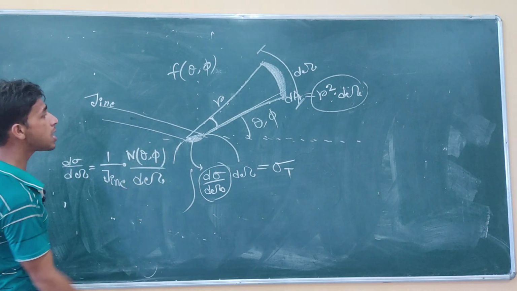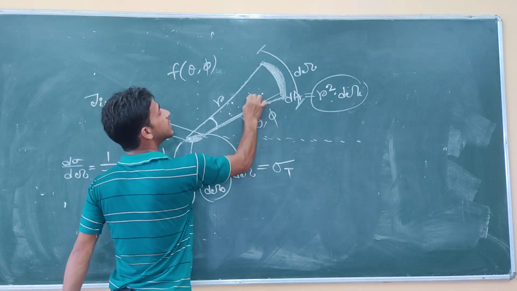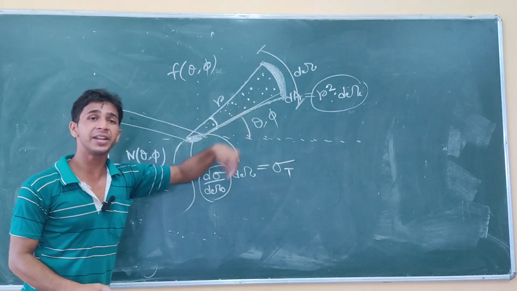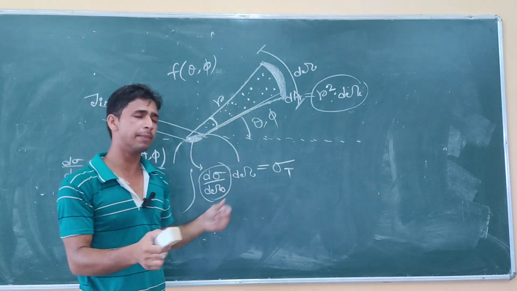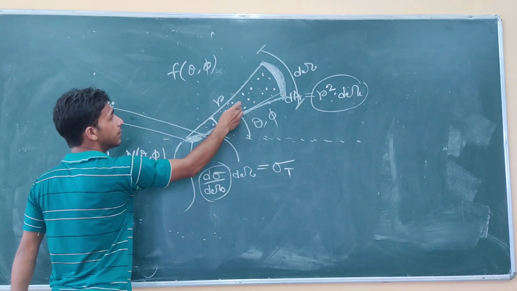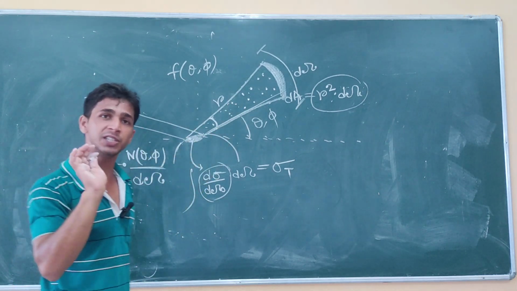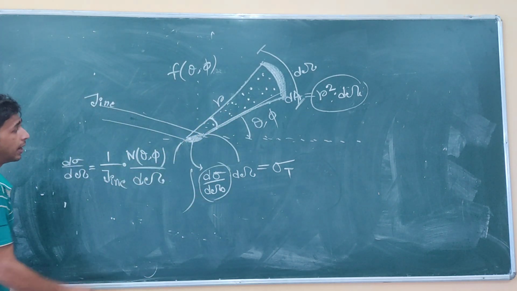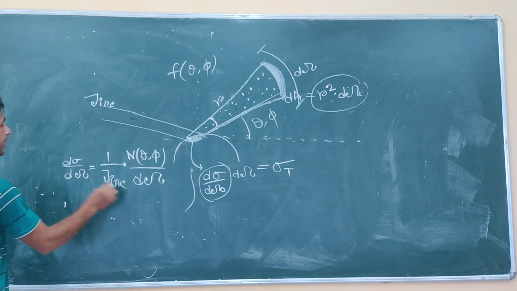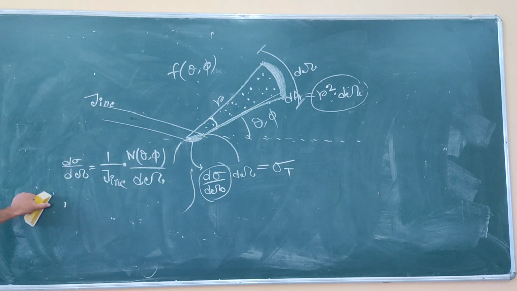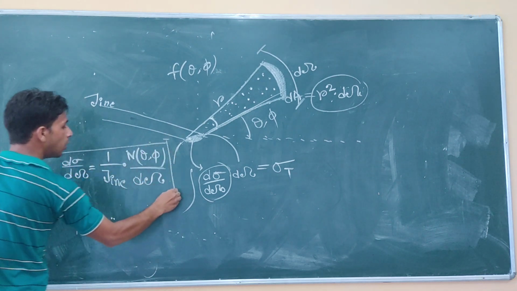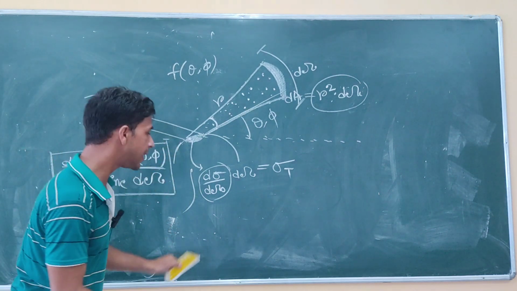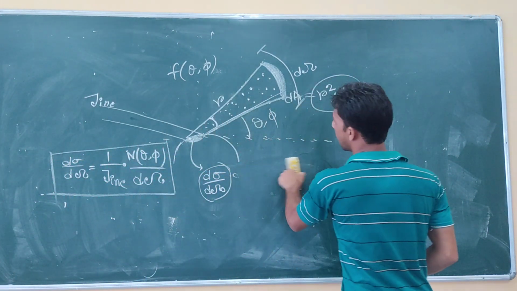What is dN theta phi? The number of particles in this solid angle, the number of particles coming per unit time. Inside this solid angle there are many particles, and we define N per unit time. If you consider the number of particles in this solid angle, that would be N theta comma phi, and if you divide it by this solid angle, we will get the differential cross section d sigma by d omega. So this is the term we are going to derive, and this d sigma by d omega would be equal to the incident